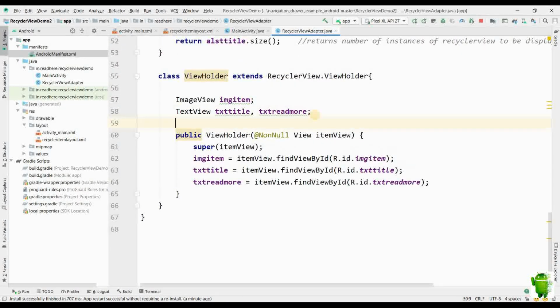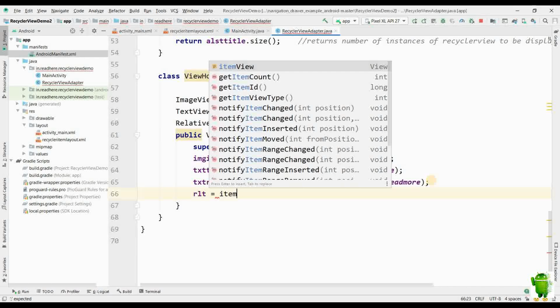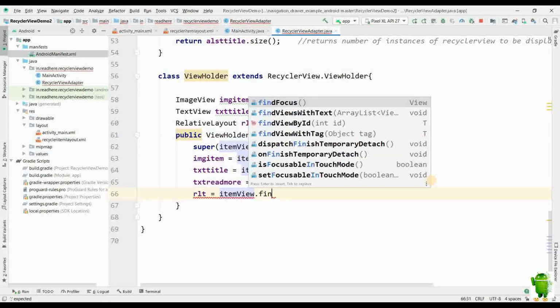I'll create a relative layout object rlt in the view holder. We'll initialize it in the constructor, item view dot find view by id r dot id dot rlt lyt.